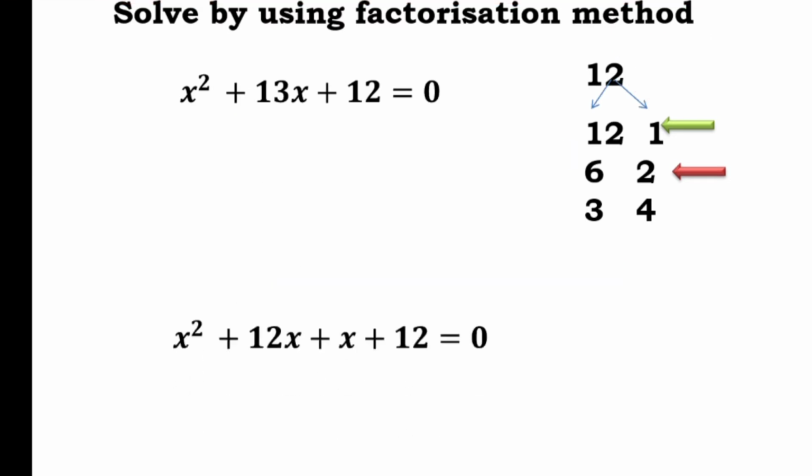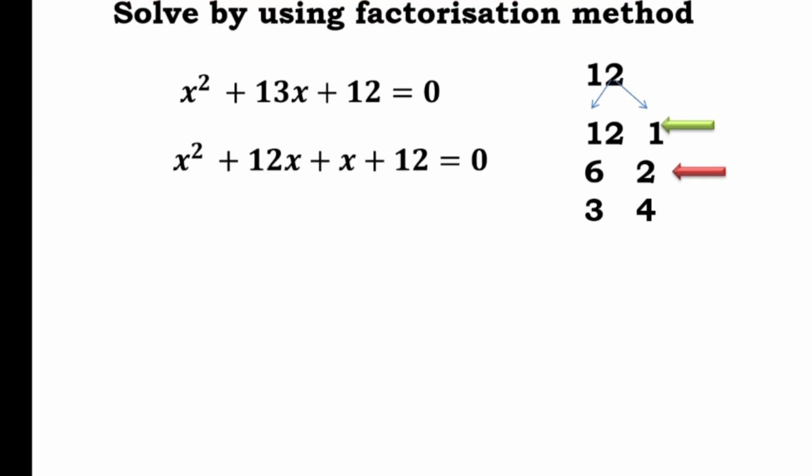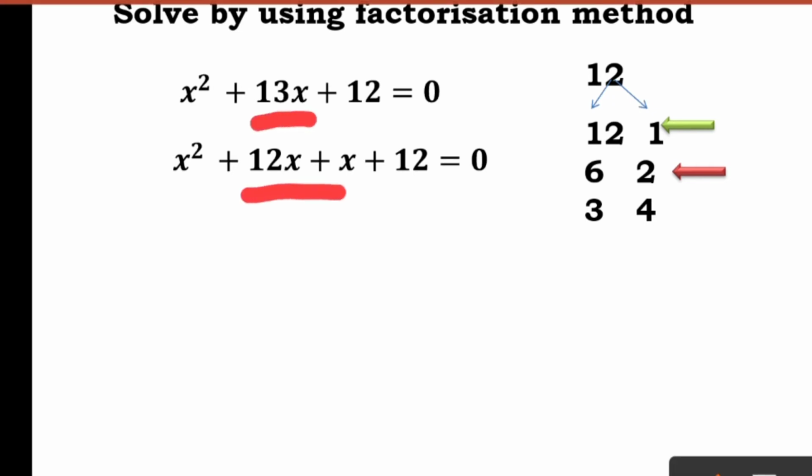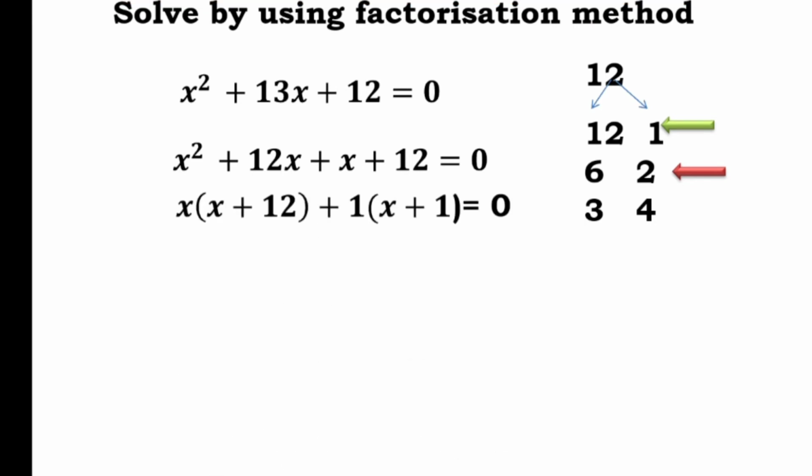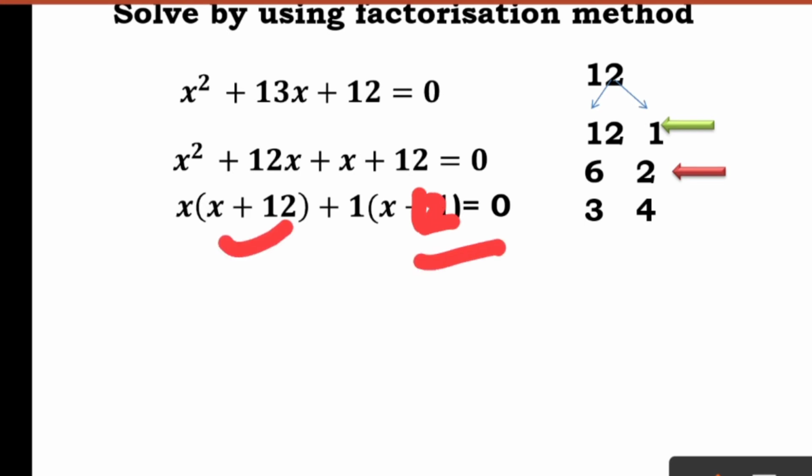So we write x square plus, and we split this middle term 13x as 12x plus 1x, or simply x. Now you need a common factor. Here again x is the common, and on this side 1 and 1 are common. Therefore you get x common, x plus 12, and on this side x plus 12. We'll make a small correction here: this should be 12. So again take this common, and you must get x plus 12.